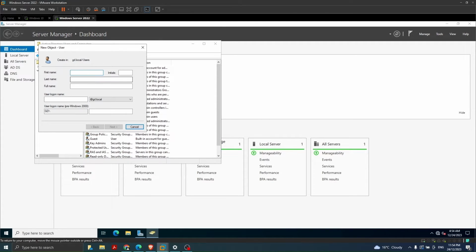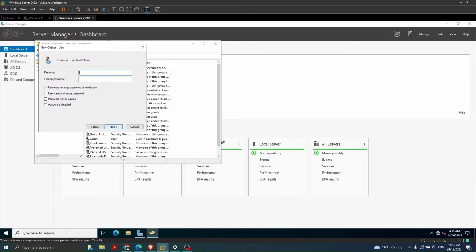So the very first user account which I'm creating is, let's say, teacher1, and then there can be a first name, and in the same way there can be a last name. But in reality, when we are creating these accounts, we take the first name of the user and maybe the last name. But in my case, I'm simply selecting a first name, and then for the user logon name, I'm selecting teacher1